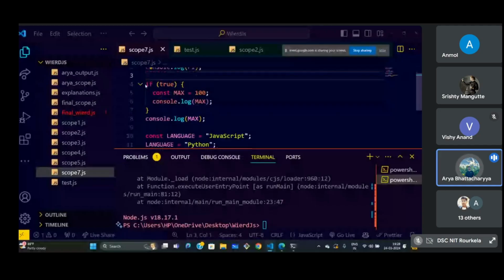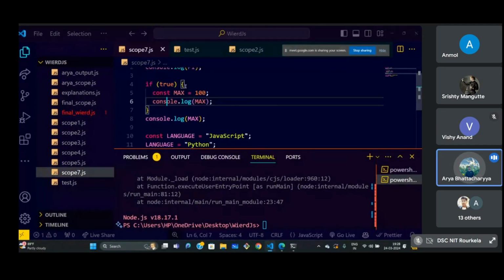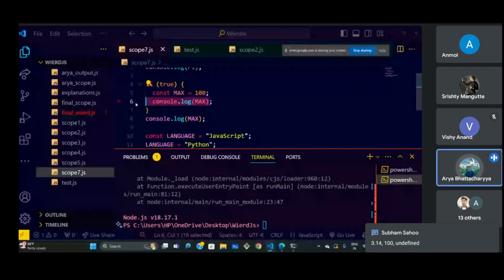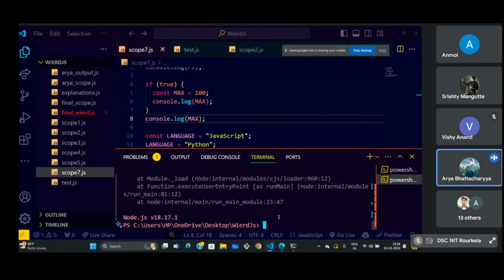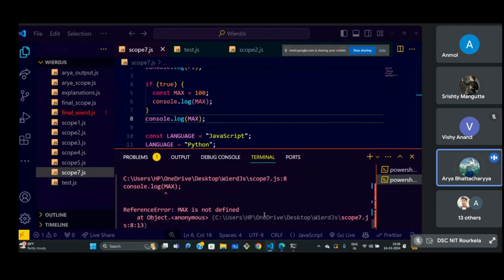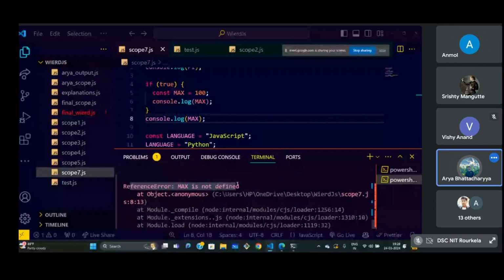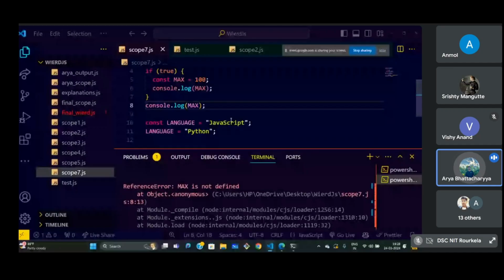Okay. And then I'm entering a block. If true, it always enters block scope. I'm reiterating that const has block scope, so if I define it inside the block and console it, it will return the same, 3.14, then 100, and outside it will be a not defined error. So no need to stress about this, because it's the same thing we have been doing in the previous questions. Cool. So first 3.14 comes, then 100, then a not defined error, a reference error, max is not defined.